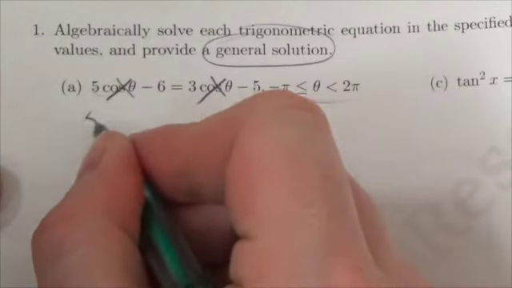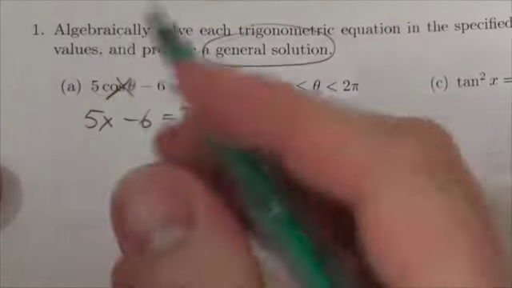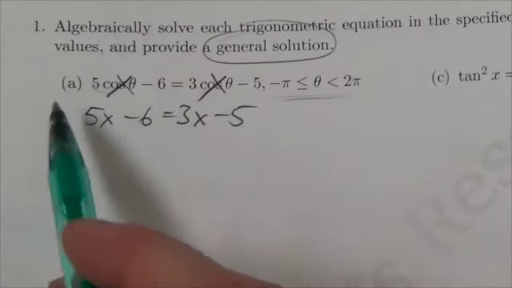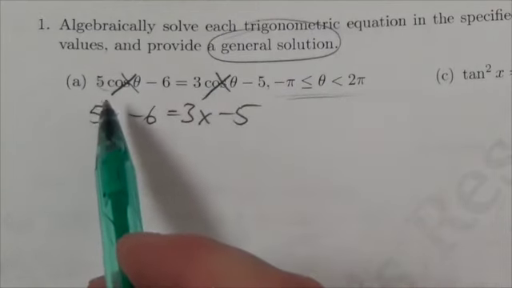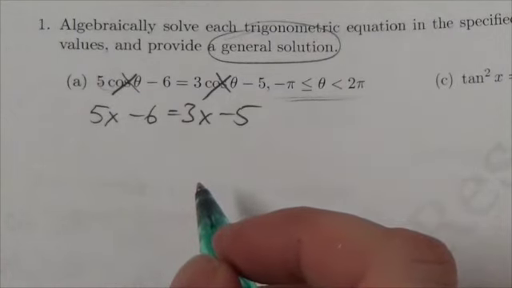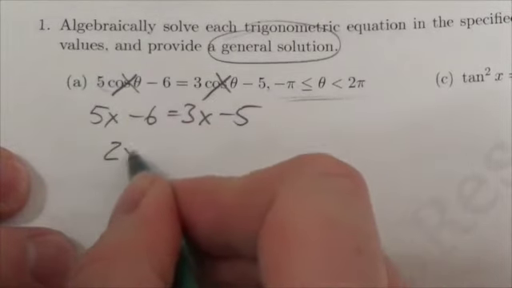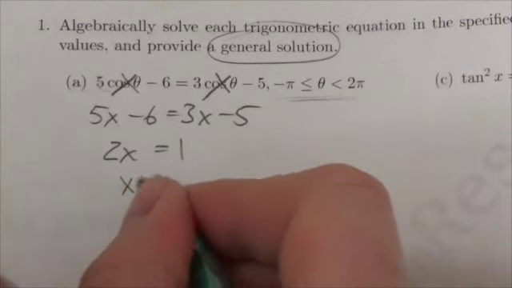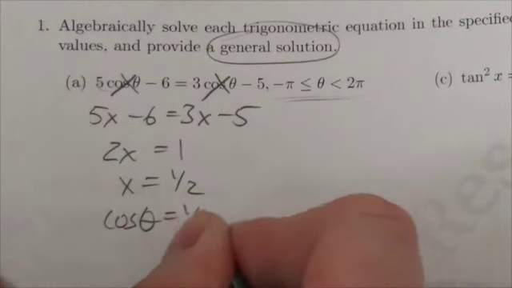And that makes this equation 5x minus 6 equals 3x minus 5. Now what I want to do is just solve for x, because there are two levels to this problem. There's the algebra, the polynomial part of this problem. Then there's the trig part, and it really is that order. Deal with the polynomial stuff first, then the trig. So bring the 3x over, bring the negative 6 over, and it becomes positive 6, so it becomes 1. So x is equal to 1/2,